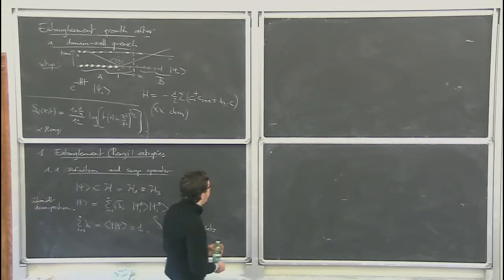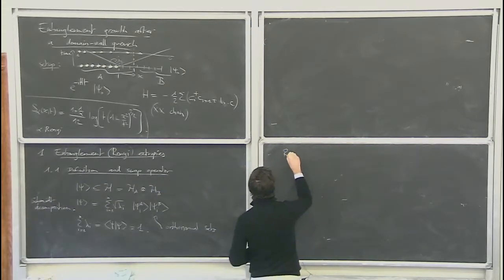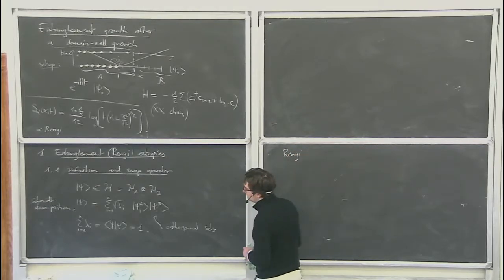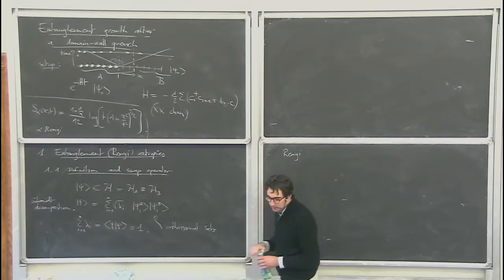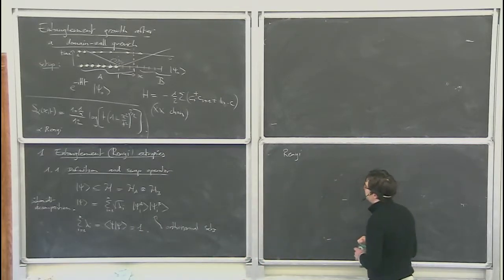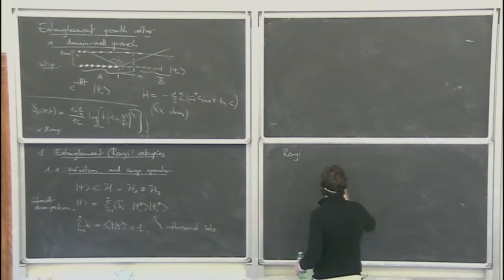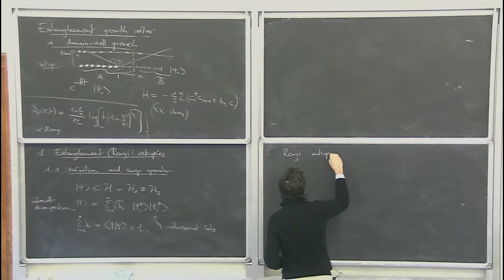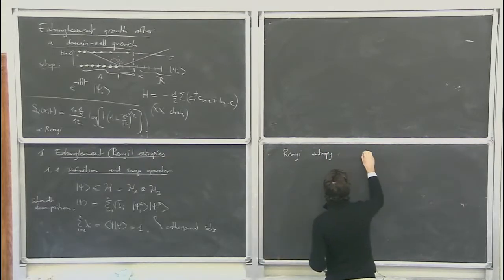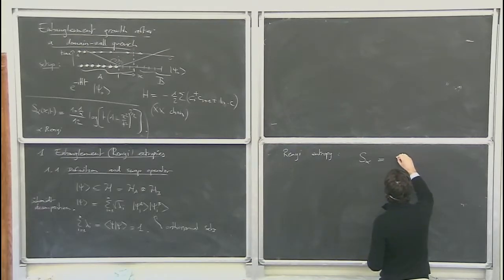Okay, and now the Rényi entropy. So these lambdas are positive coefficients. Their sum is 1, and so you may view them as a probability distribution. And then you can look at the entropy of that distribution. So the Rényi entropy is defined as S alpha is 1 over 1 minus alpha log